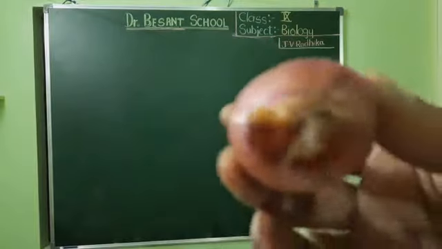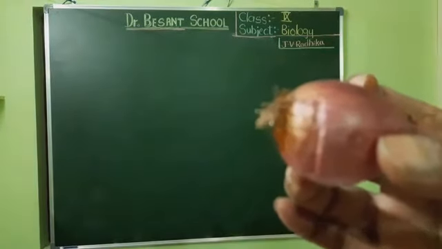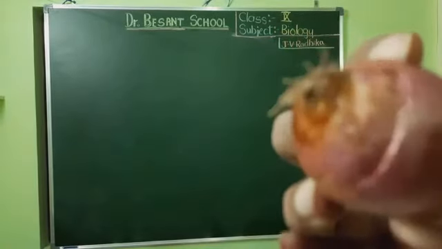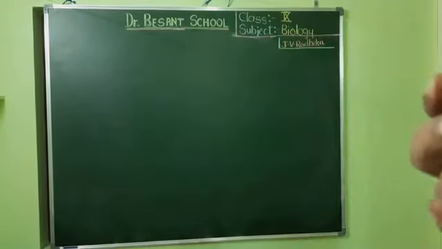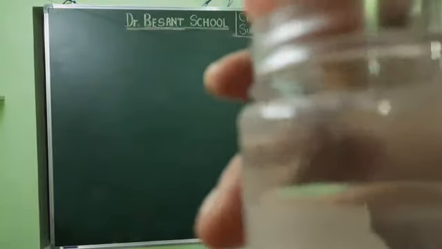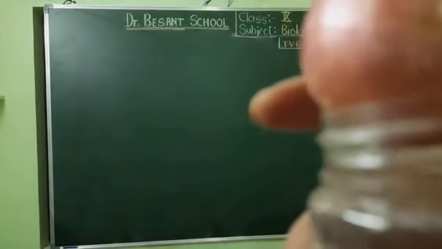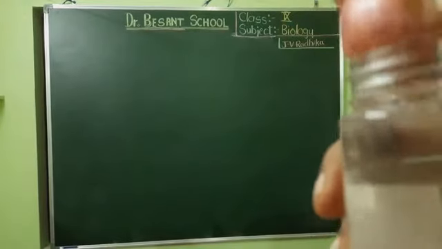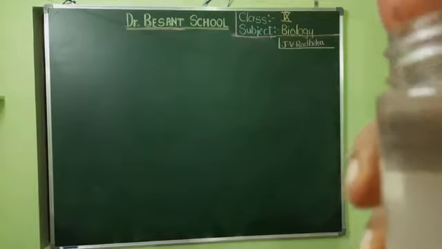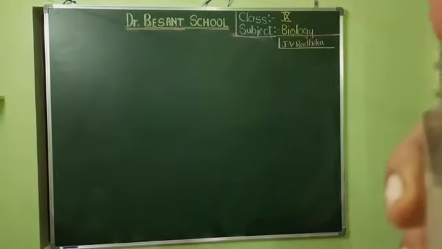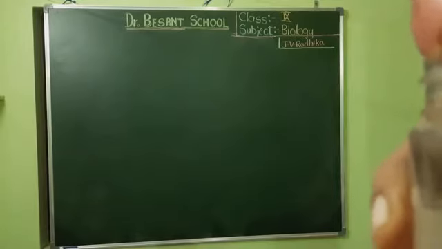You can observe, isn't it? Can you observe the roots? Yes. So you can take any such onion and put it in water. Here you can see the onion I have put in the water, and leave it for a few days. The root should be dipped in the water. If you leave it for one or two days, later I shall be showing how the roots are growing from the onion.